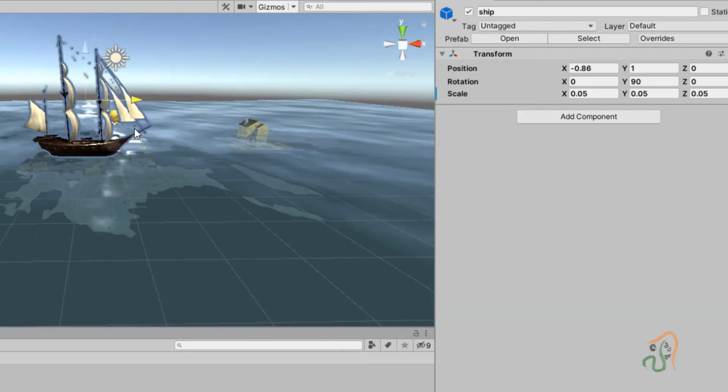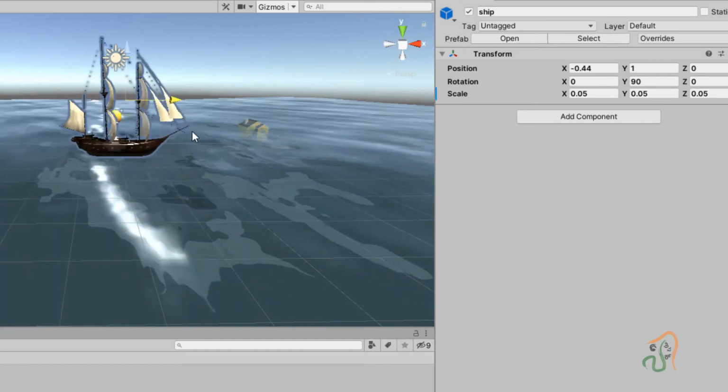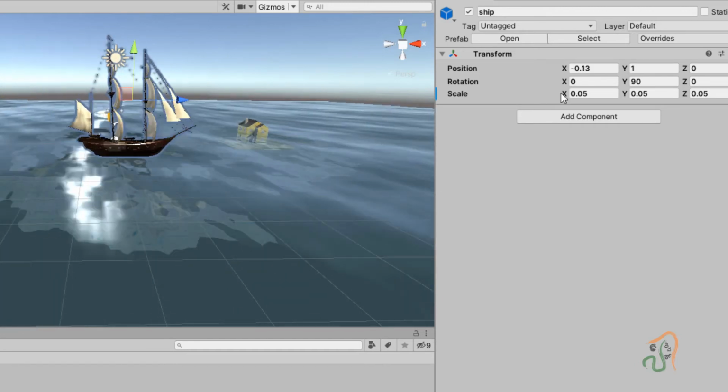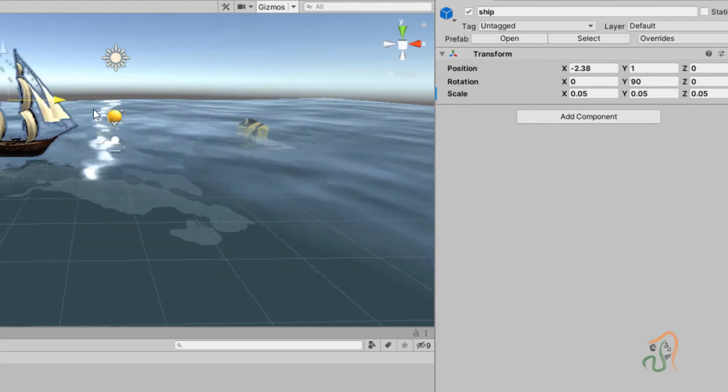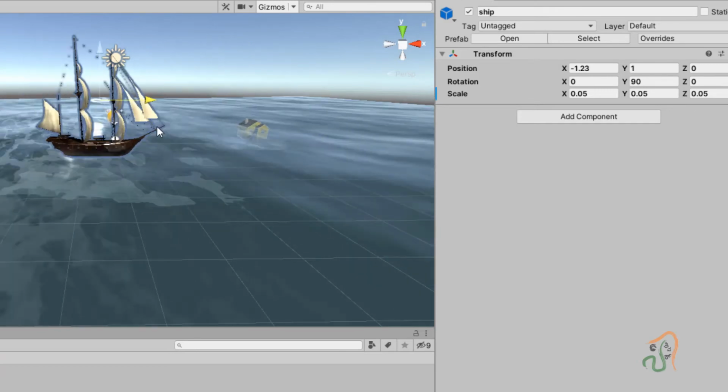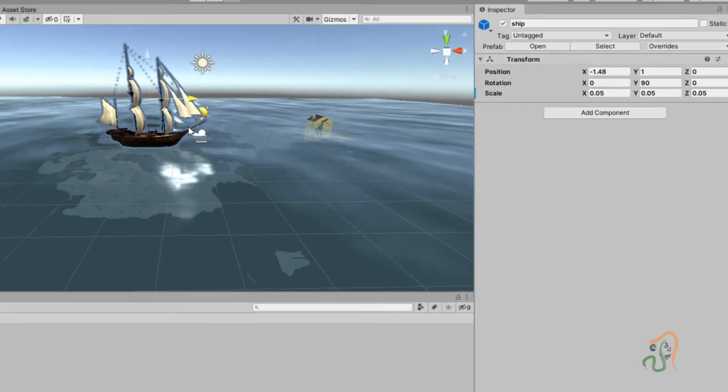You can see the position value is changing in the X. So we want this ship to move along the X axis.